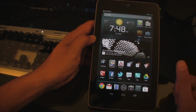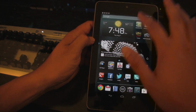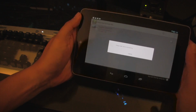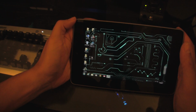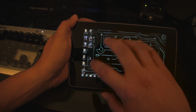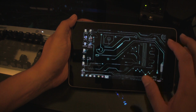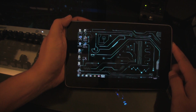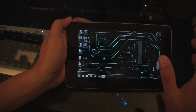Alright, and so moving on to the specialty apps, the first thing I'm going to talk about is this app called Splashtop. What it is is a remote desktop connection, and right now I have it set to automatically connect to my desktop. And so what you're seeing now is my desktop PC computer. And what I've used this for was mainly for times where I'm working on a video project, or some project, and I had to leave my computer